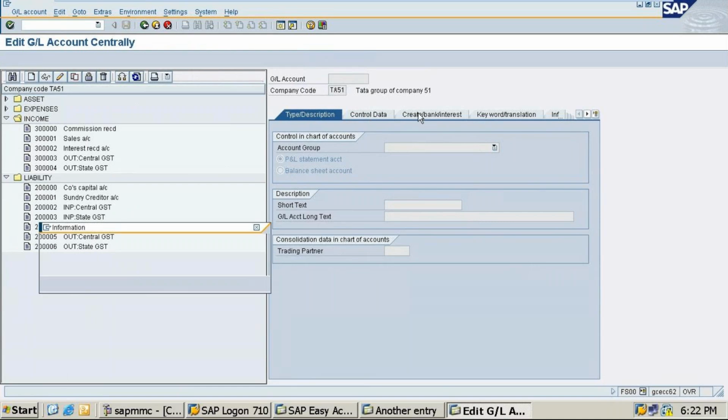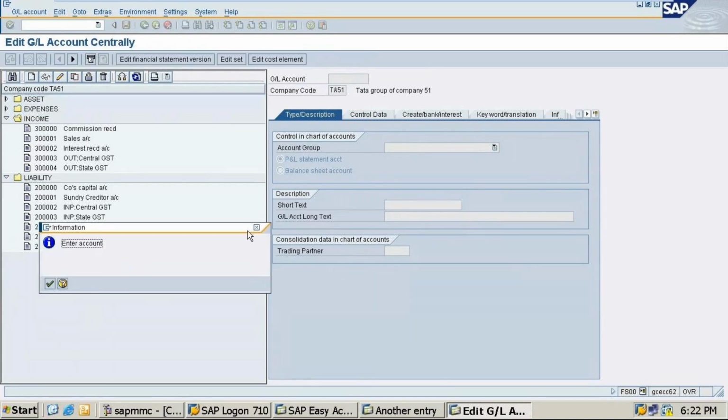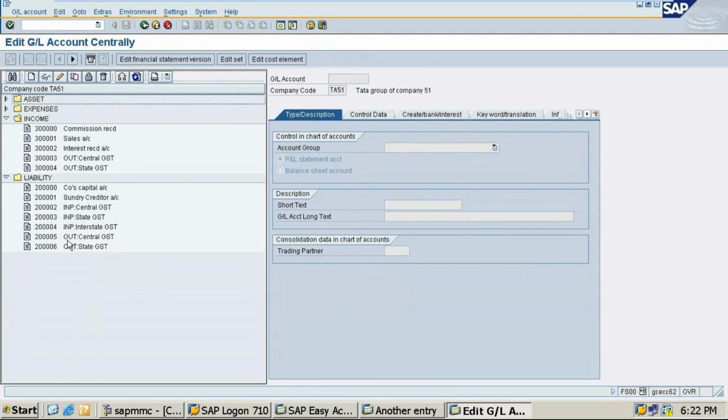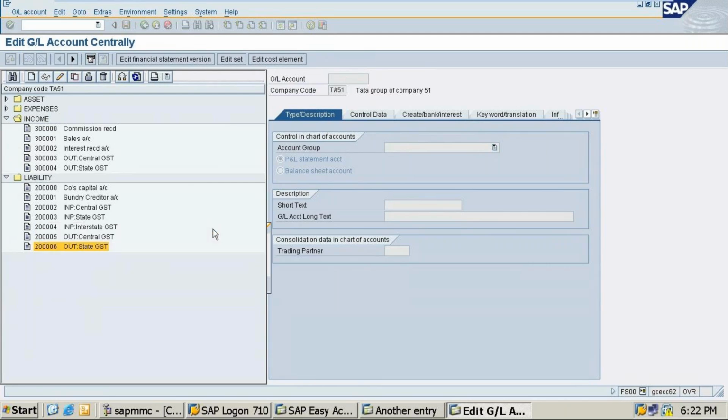Actually, it has been logged because these things have been deleted. Now if I click on types and description, this is all the deleted option. So it's telling the account names will be displayed, but these two accounts have been deleted. But if I click on this, this is also displaying